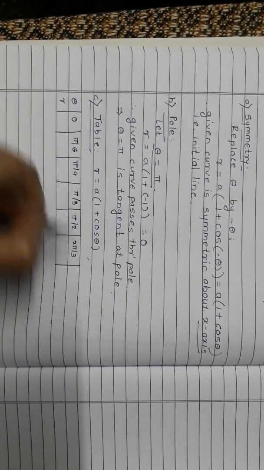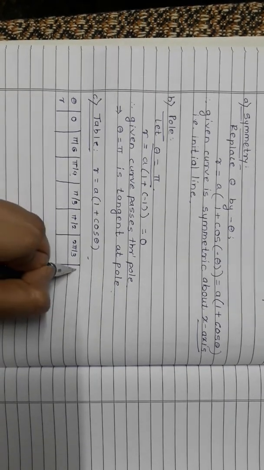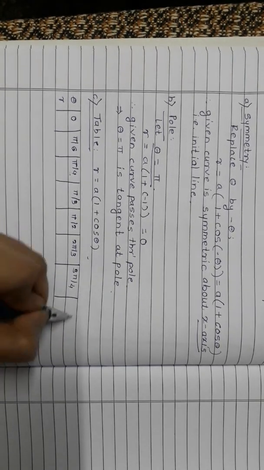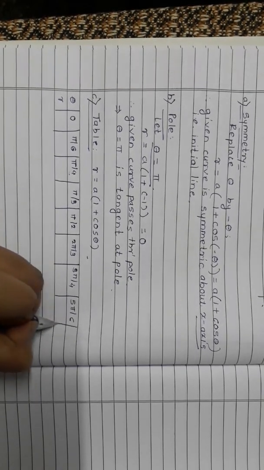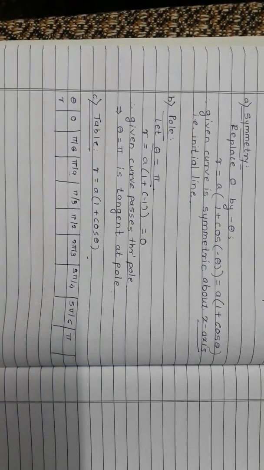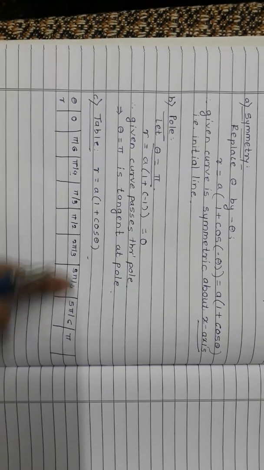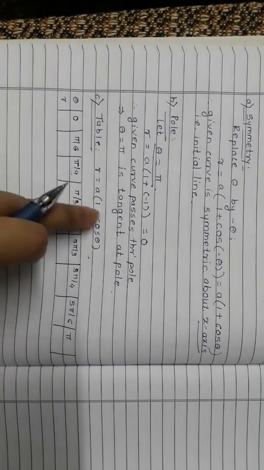then 135. Since I am considering pi by 4, you can skip this value, but just for convenience I am considering it. Then the next one is 150, that is 5 pi by 6, and then the last one is 180, which is nothing but pi, right? You can write this in degree format, but since we are denoting the axes by 0, pi by 2, pi, and 3 pi by 2, I'm preferring this notation. Okay, so let's substitute values one by one in this equation.